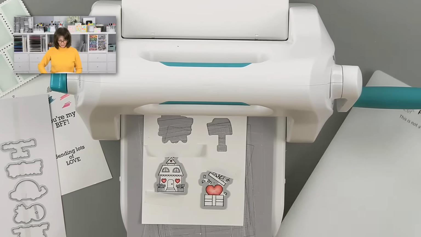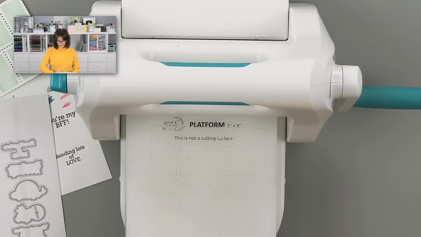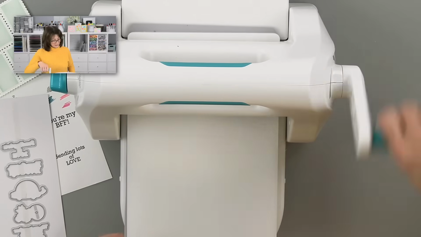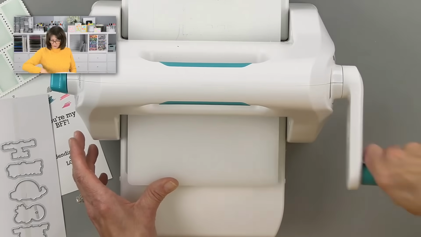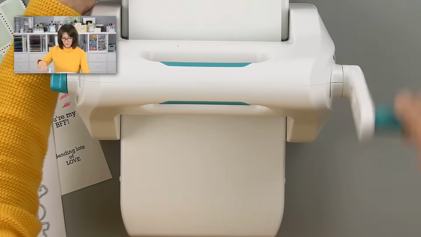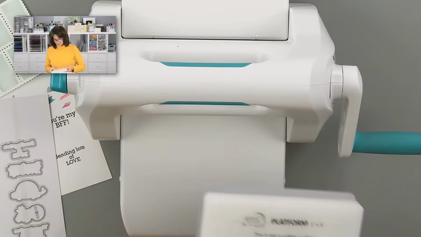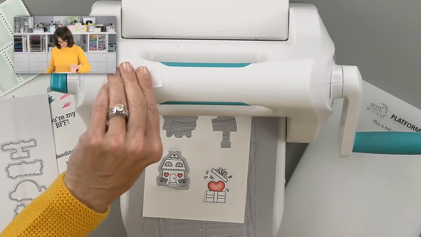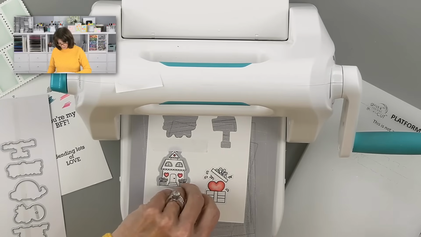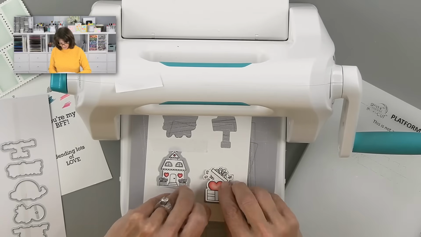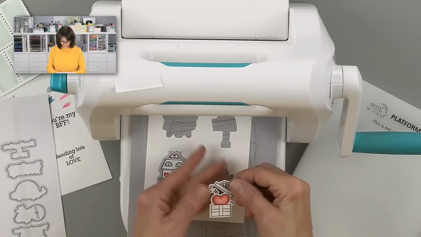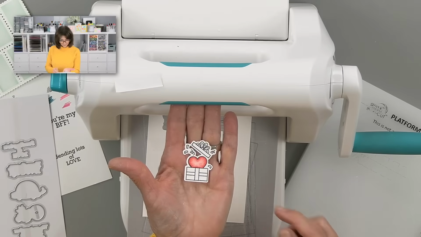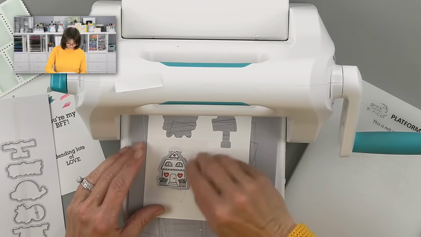Okay, I think that's good. Love the gift. Some of these little images too can certainly be used for other things. I mean, that little gift with the heart, a heart popping out, could definitely still be for a birthday. And one of the things I like too is that little piece in the center falls out. So see this? That comes out. Love that.